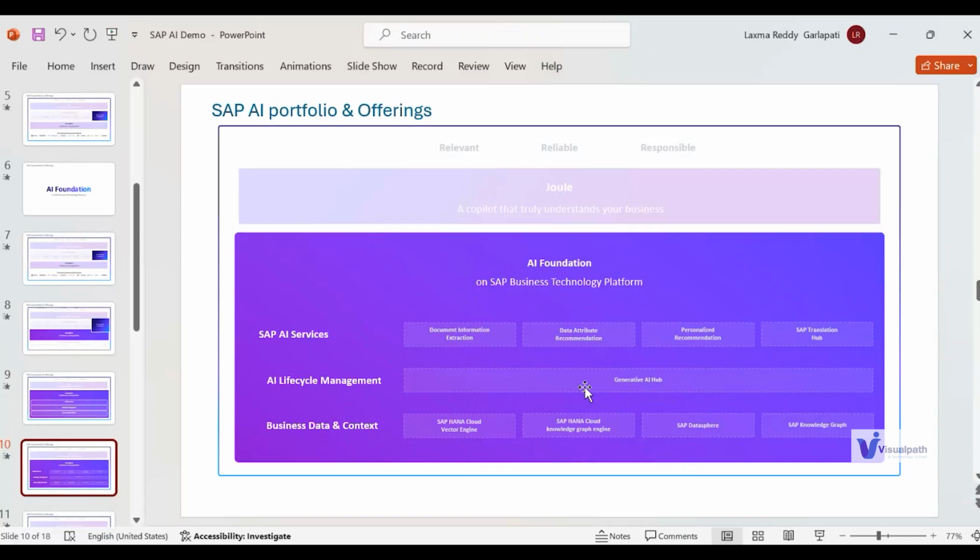It is up to the business or the developer community or the architects to select which model would suit them to build a Gen AI based application within the SAP ecosystem. And the costing, subscription mode, everything is available in SAP BTP Discovery Center, right?